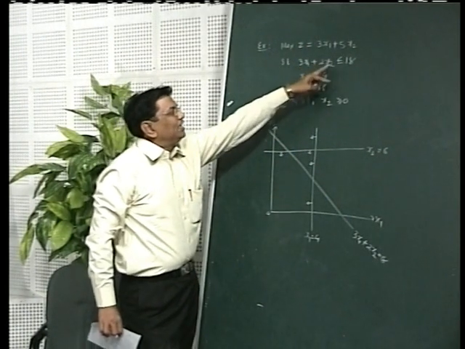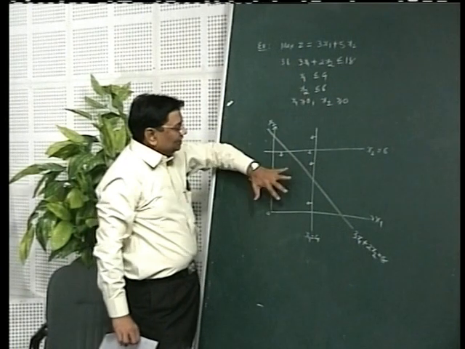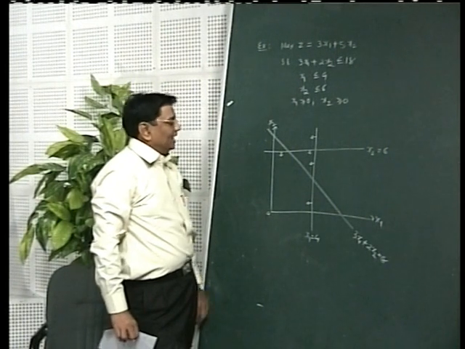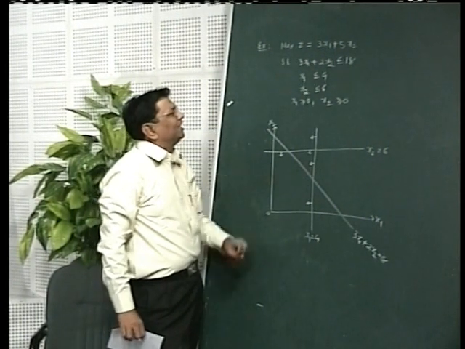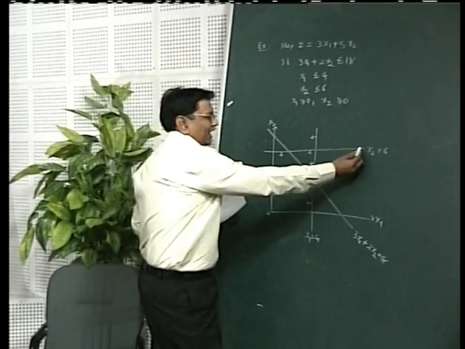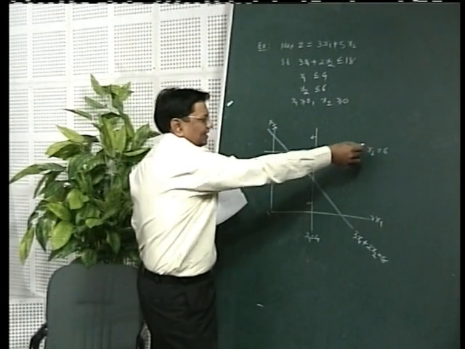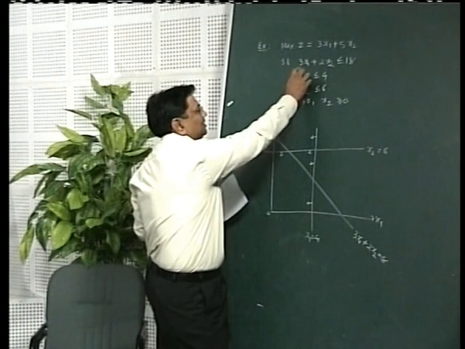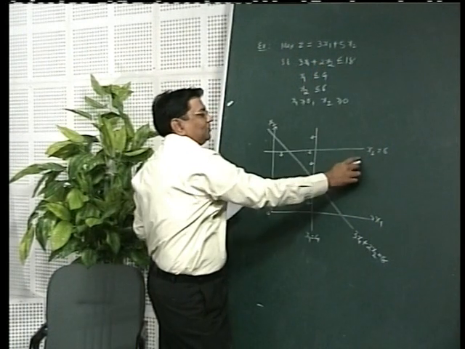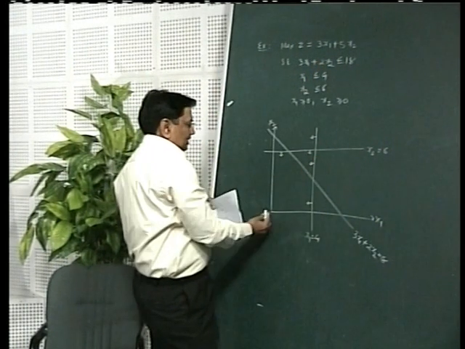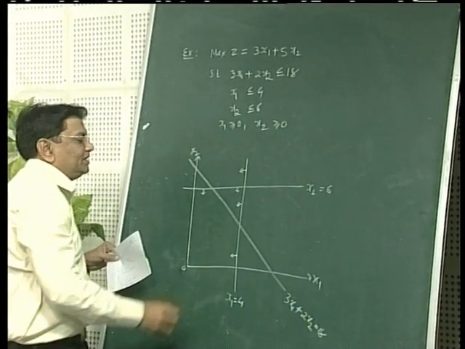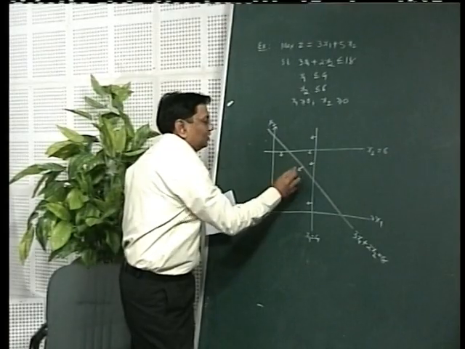So if the inequality is satisfied, then the region containing the chosen point is the region you are looking for. If the point does not satisfy that inequality, then it is the opposite one. Supposing instead of (0, 0), someone had taken a point, say here, (6, 5). So 6 3s are 18, 5 2s are 10. So the total is 28, which does not satisfy the inequality. So this is not the region, it is the opposite one. So (0, 0) is satisfying this, and that's why the region containing (0, 0) is the region, and that is why the arrow will go on this side.